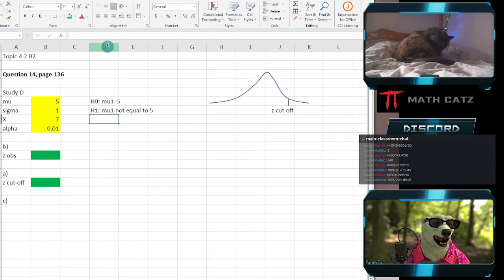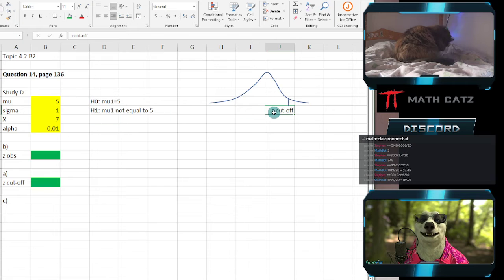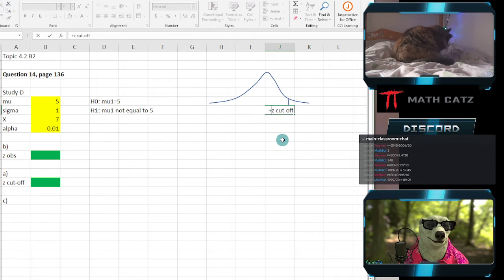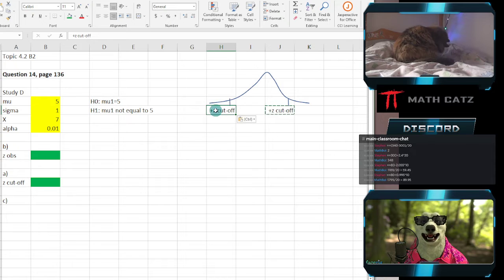Maybe I do, but I don't want to insert math symbols or anything right now. It's equal, not equal. So now our z cutoff positive, let's put a little plus in front here. I don't want a formula. I just want a little plus sign. Thank you. Versus the